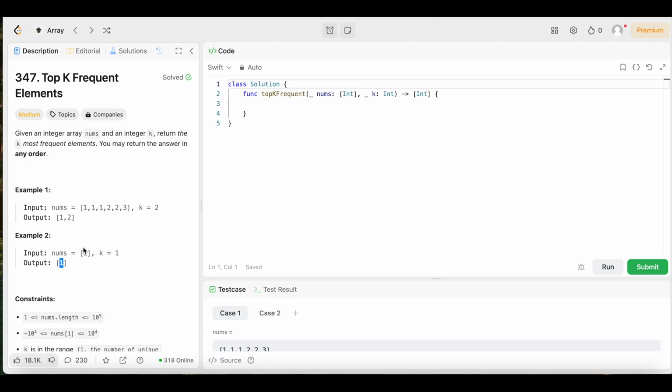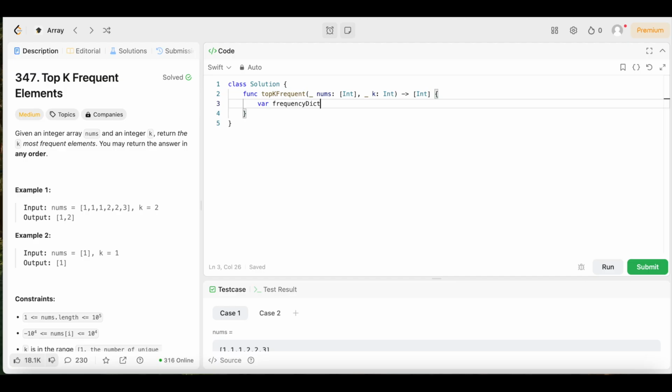So, all right, y'all, now that we understand the question, let's get into the fun part, the actual solution. And as you know, the solution is going to be as simple and easy to understand as possible. So let's get into it. Now, the first thing we need to do is create a dictionary to store the frequency of each number. So in order to do that, we're just going to declare a variable, and we'll call it frequency